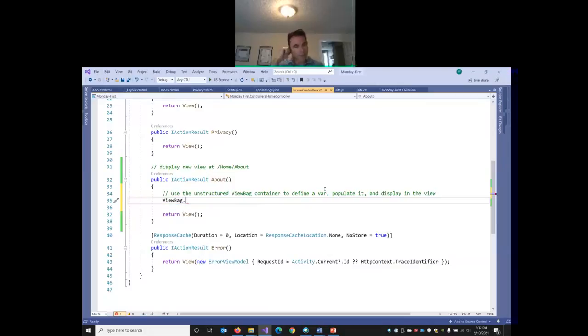So we can use this object called ViewBag, and in here I can define a variable. I'll say dot CurrentTime equals, and I'll use the .NET DateTime library to get the current date and time. So in our controller, we want to grab the current date and time. We're going to stick it in a variable called CurrentTime. And by attaching this variable to the ViewBag, we can then output this and format it with HTML